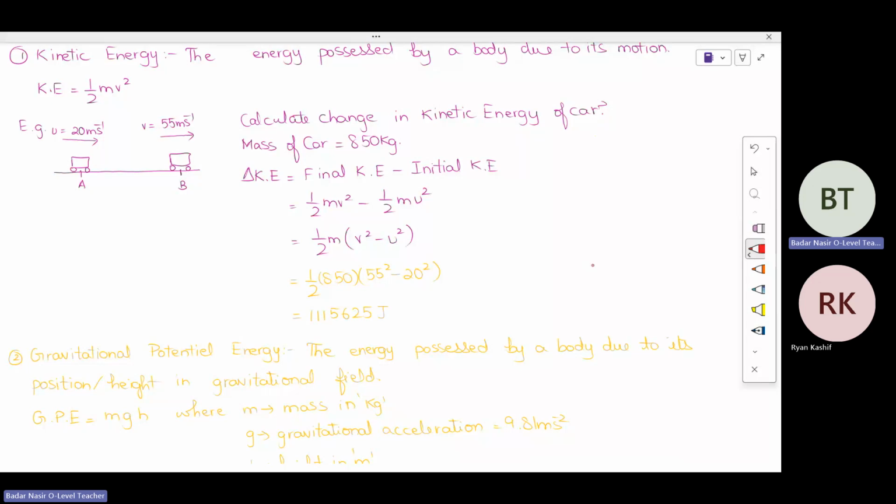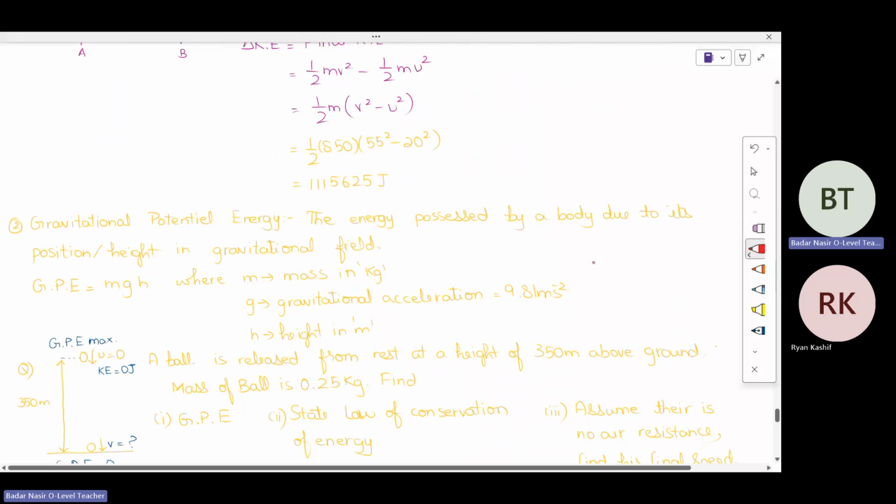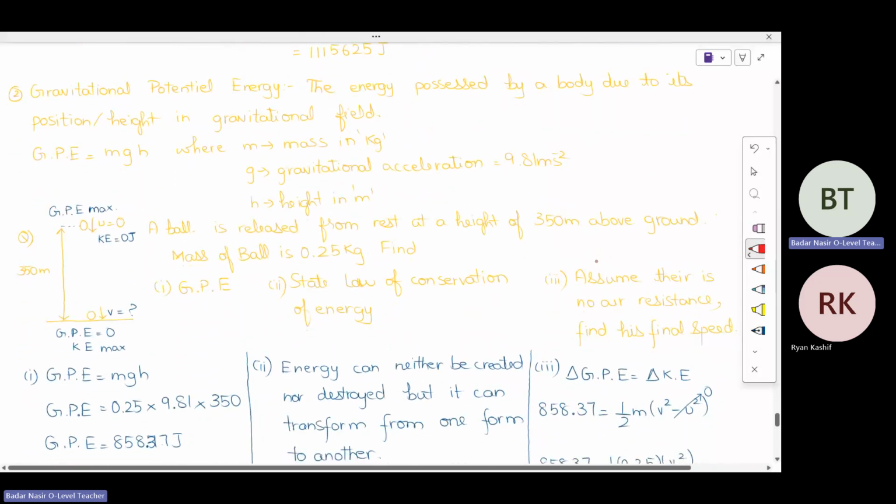Okay, now what is gravitational potential energy? It's the energy possessed by a body due to its position or height in a gravitational field। Now, what is the law of conservation of energy? That energy can neither be created nor be destroyed, but it can be transformed from one form to another।